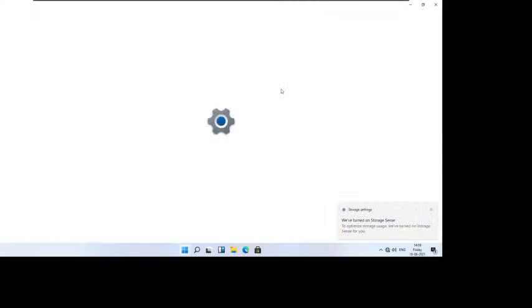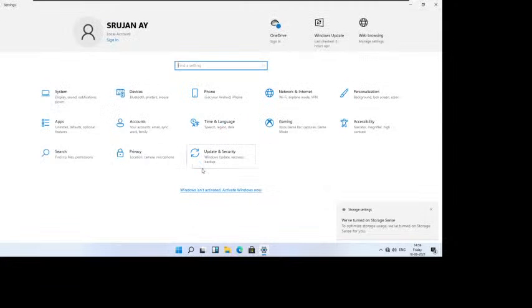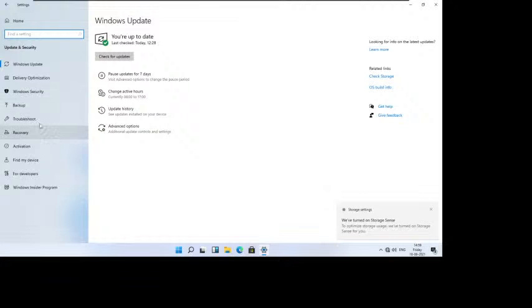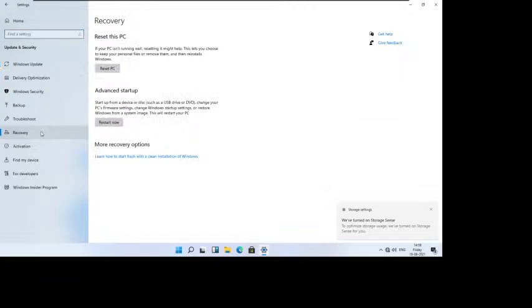So let's go outside of Windows by going to Settings. We are gonna simply go into the advanced boot menu. To do that, go to Settings, Update and Security, click on the Recovery option and Advanced startup. Now this option is also available for Windows 10. So you need to click on Restart now,